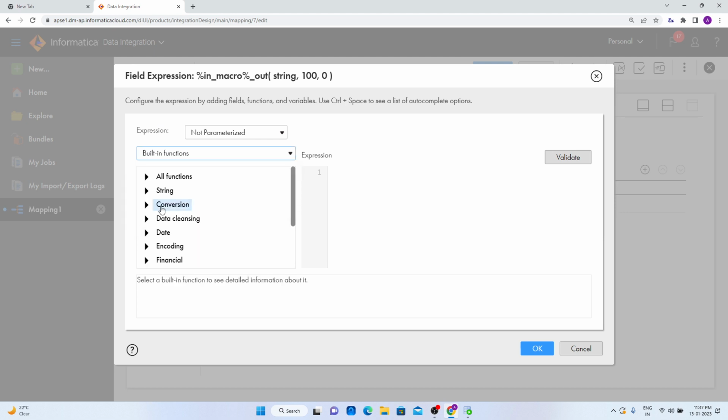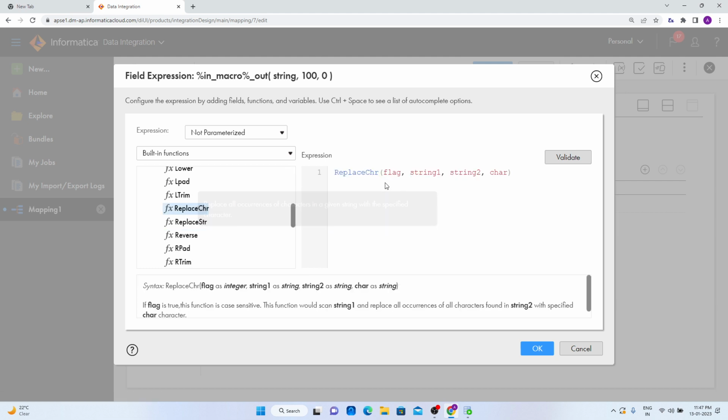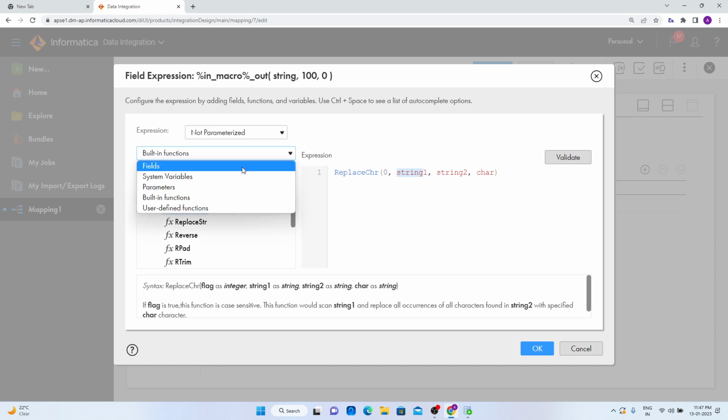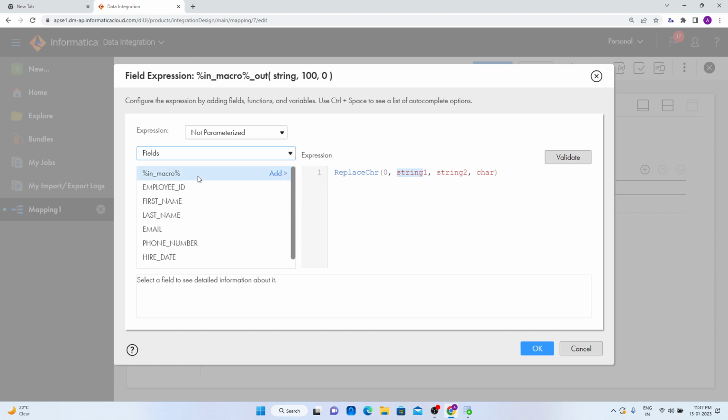You can see the ReplaceChr function is something like this. Here I will take the flag as 0, which means case insensitive, and the first string is the field, this in macro,